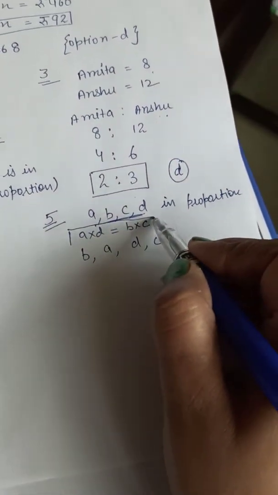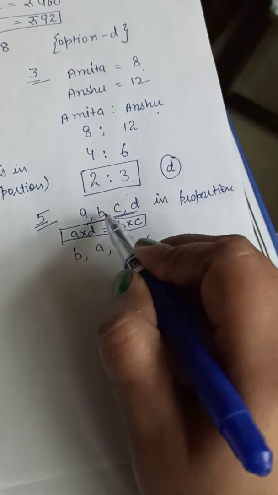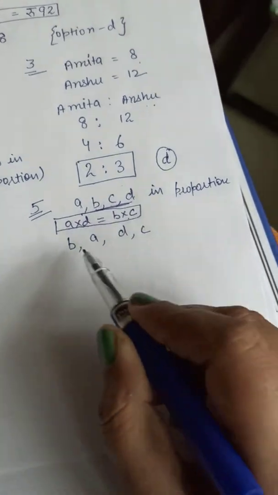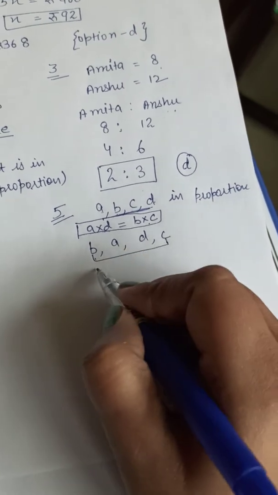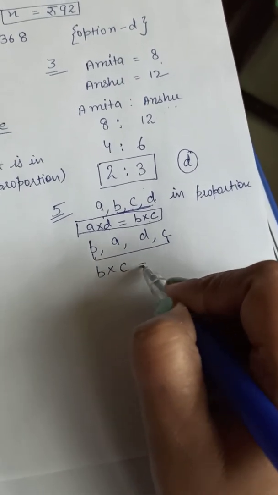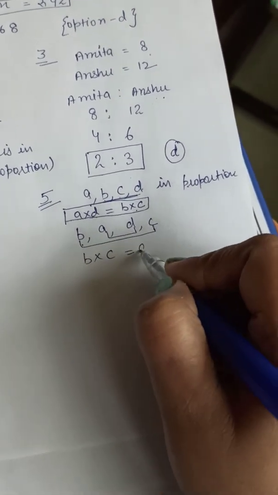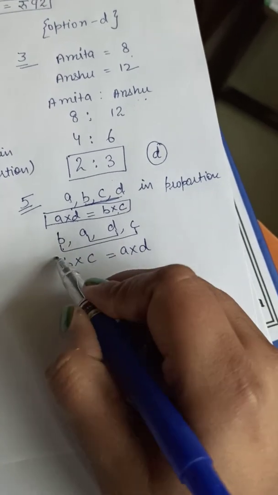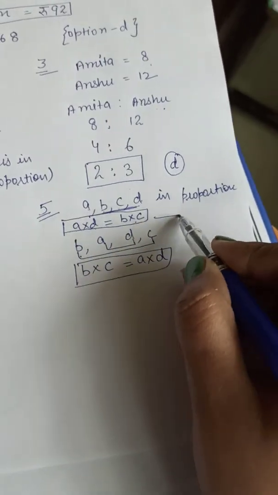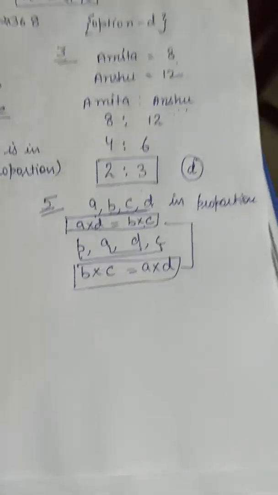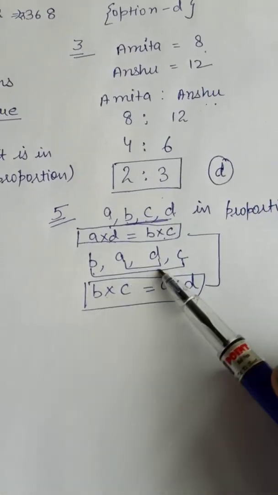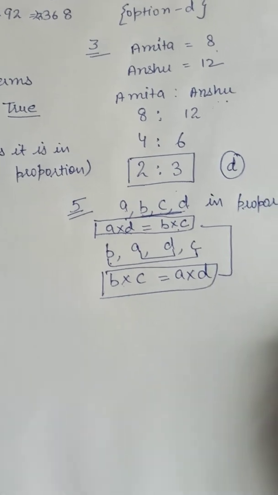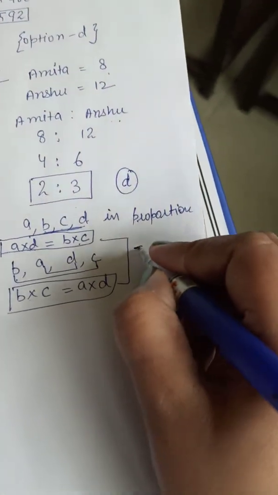प्रपोर्शन में यही होता है आपका, प्रोडक्ट ऑफ एक्सट्रीम इक्वल्स टू द प्रोडक्ट ऑफ मिडल. We will check with this. Product of extremes B multiply C equals the product of middles A multiply D. So this is the same, right? It means it is true that B, A, D, C is also in proportion. Here it comes true,